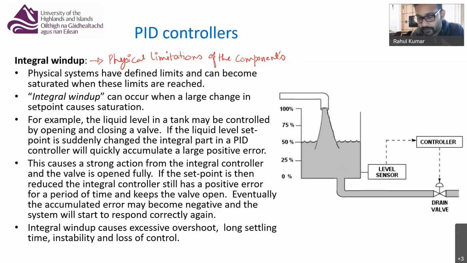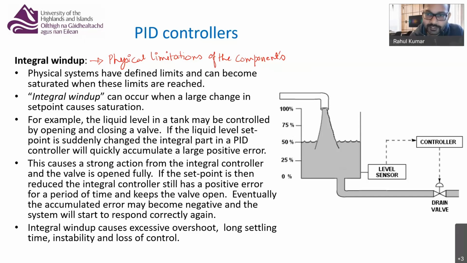Okay, the error is not reducing after 1 second, so it will increase the speed of the propeller. Again, after 2 seconds also the error is not reducing, so again produce more speed, produce more thrust. It will keep on increasing the power to the motors of the propeller, right? So the propeller will try and rotate faster and faster and faster, right?